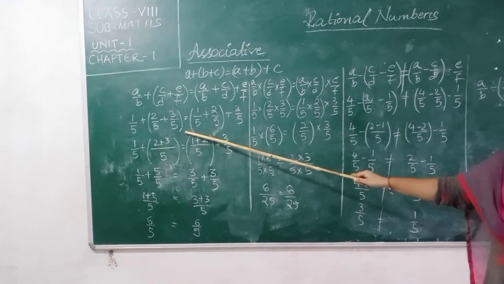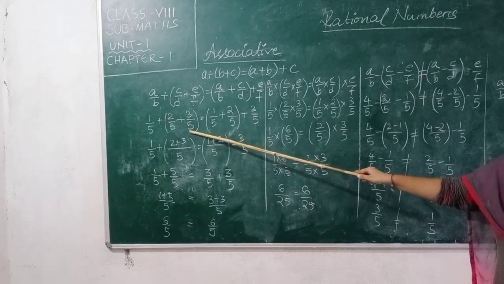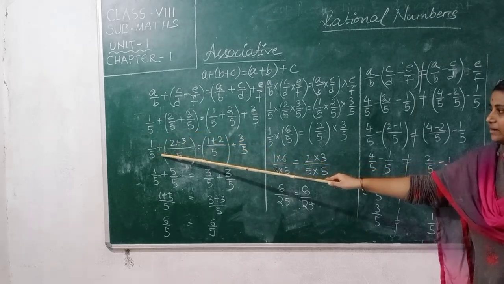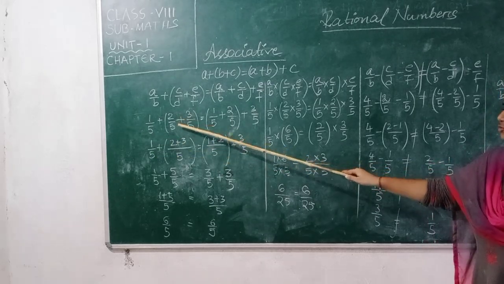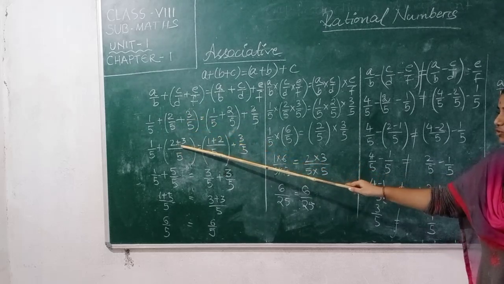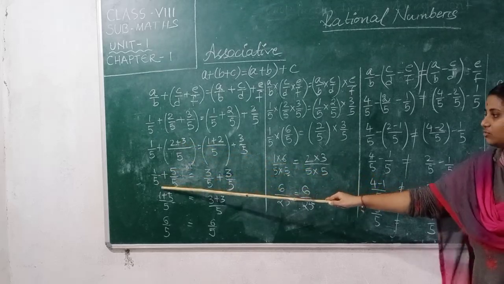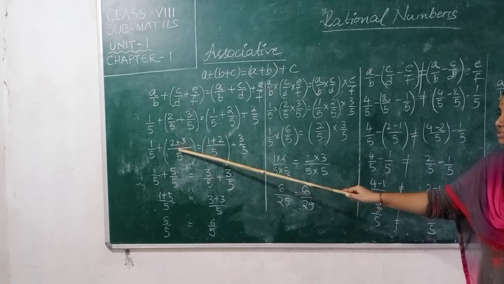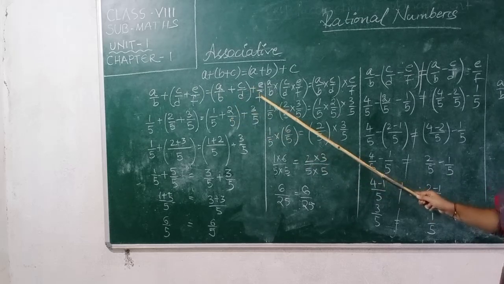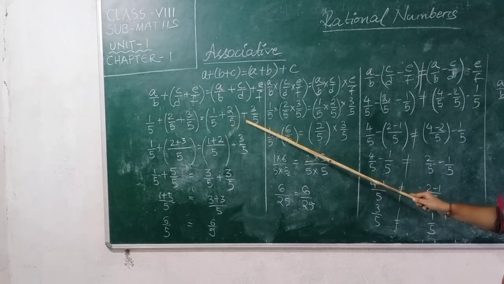So while we are solving the associative property, here first we should observe that the numbers which are inside the bracket should be solved first. So leaving 1/5, plus the numbers within the bracket, 2/5 + 3/5. When we solve here, the denominators are same, so numerators we can add directly: (2 + 3)/5. So that equals 1/5 + 5/5. Now on the right side, what should we leave? We should leave the third term and add the first two terms: (1/5 + 2/5) + 3/5.